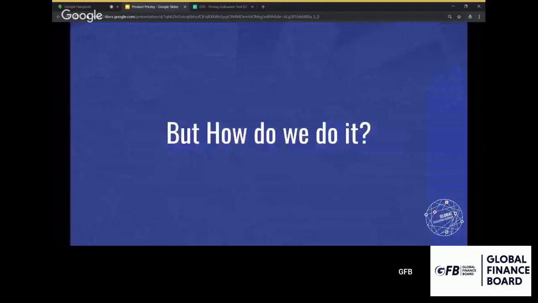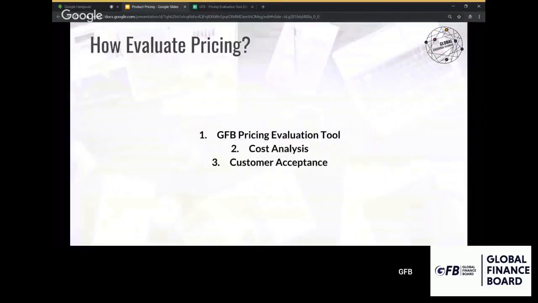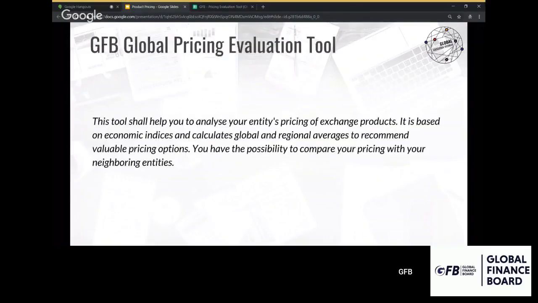But how do we do this? How do we make sure we have a good pricing? Now, there are three ways to evaluate the pricing. First is the GFB pricing evaluation tool, the tool that is made by GFB. Next is cost analysis. Third is customer acceptance. The GFB Global Pricing Evaluation Tool is a tool that would help you analyze